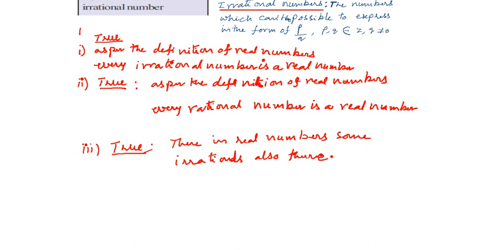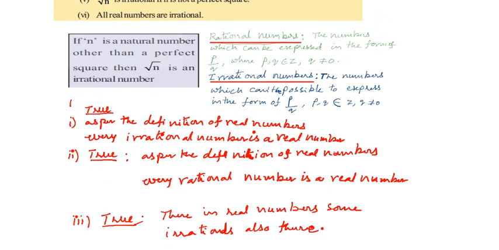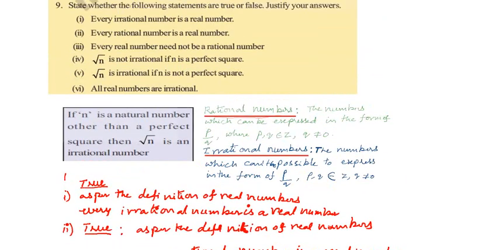Now we move to the fourth statement. You look there. What is in the fourth statement? Root n is not irrational if n is a perfect square. Root n is not irrational, if n is a perfect square. Already we took the rule of the irrational numbers: if n is a natural number other than a perfect square,